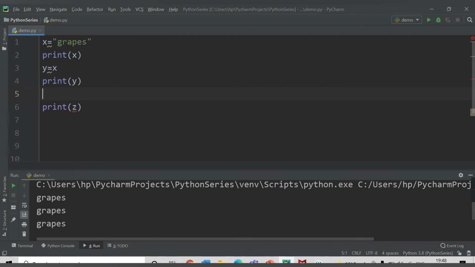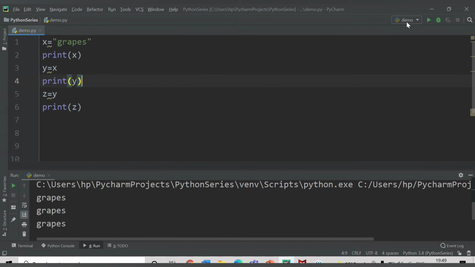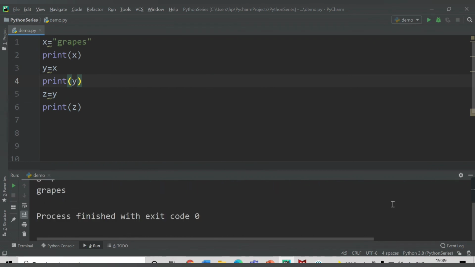So I need to first declare the z variable. And what if I don't declare z and just print? It gives me an error like unresolved reference, so it is not assigning any value. So let's say I will assign it to y. Let's save this and run. So see, I'm able to get these values.